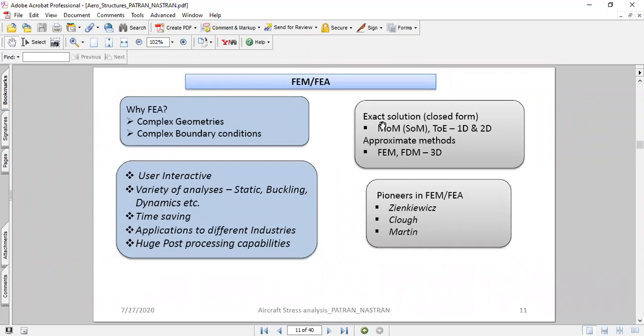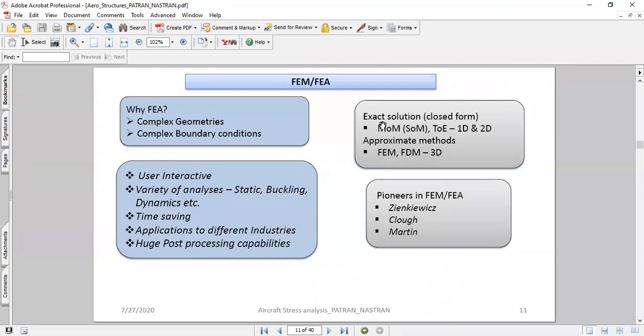So let's jump into why we need FEM and why we need FEA. If you look at the FEA and FEM aspect, it is mainly used for complex geometries, real-time problems which have very complex boundary conditions, where a lot of various outputs are required, and variable loads and time-changing loads and those kinds of things. Why can't it be done using classical hand calculation or the closed-form solution?